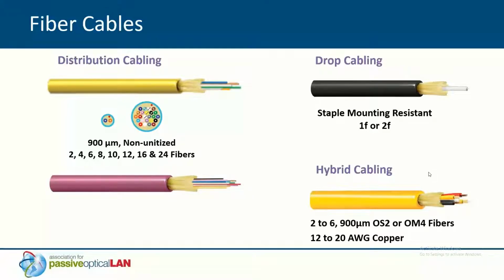It has 1 or 2 fibers. It's not ideal for pulling. When you have 2 fibers, it's better than when it has 1 fiber. But it can be pulled if we use similar types of pull strings that we do with category cabling. And these are ideal for going from the splitter to the ONT and some of the different topologies that we're going to talk about, where we might have the splitter out closer to the end devices.